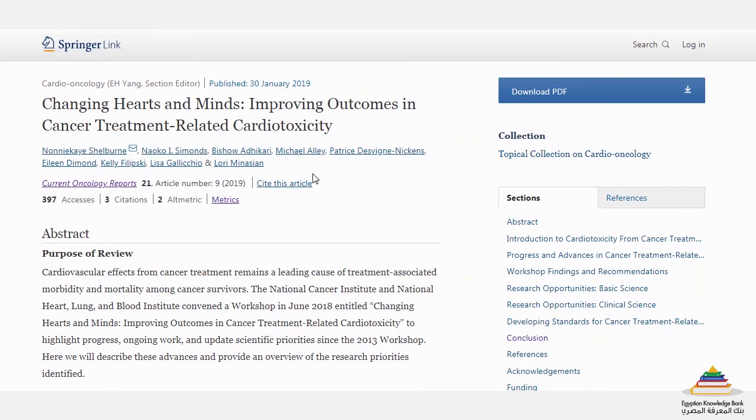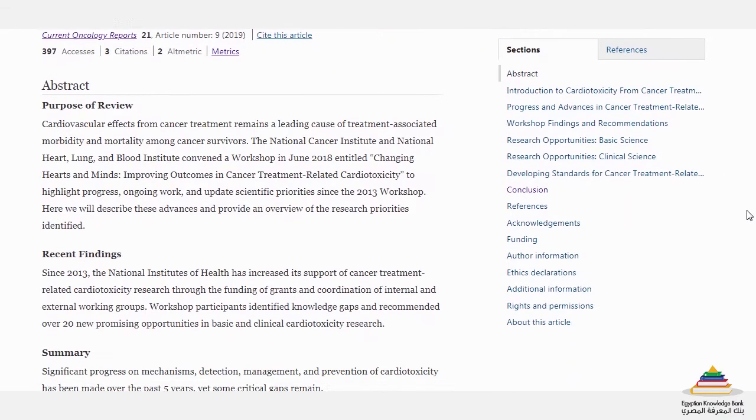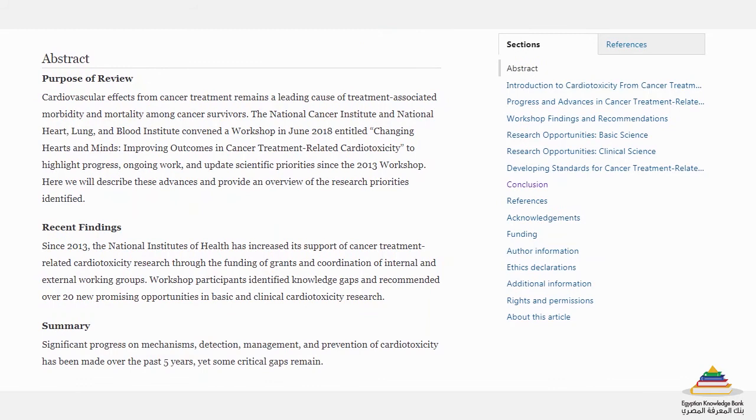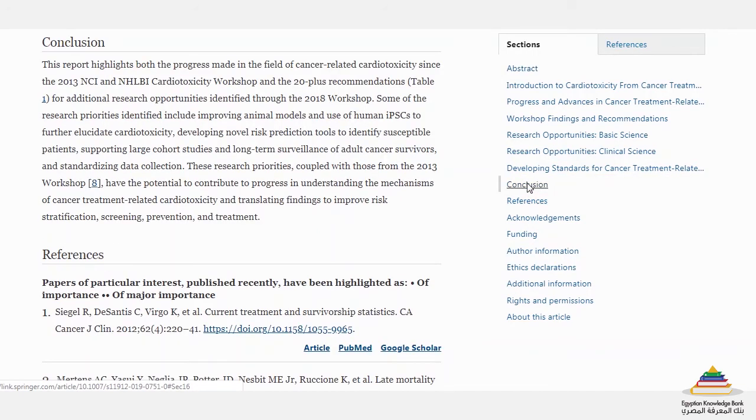There's a couple of ways to explore the content. In the top right corner you will find a blue button that will directly download the article as a PDF document. Below, on the right hand side, you will find links to various sections within the HTML version of the article. Let's for example have a look at the conclusion. As you can see, you will jump straight to this part in the HTML document.